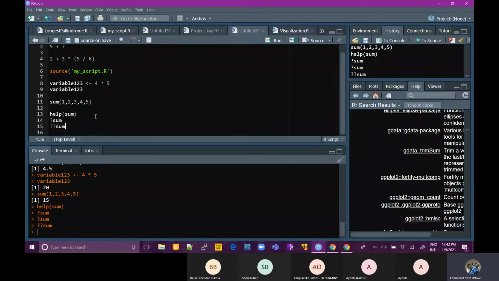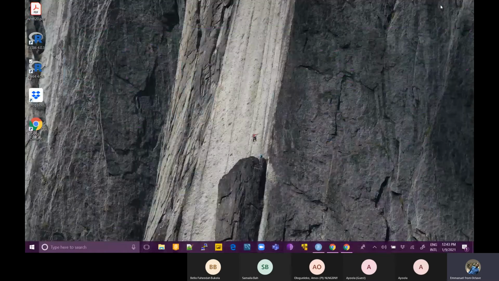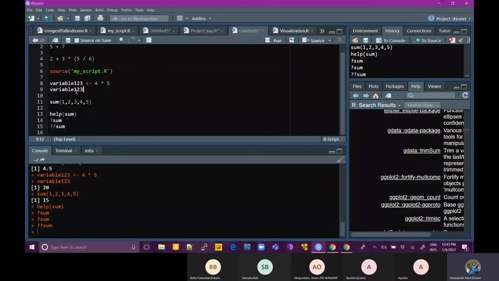So also, I think lastly, easy exploration of variables and values. How does this, where does this come up in RStudio? You can see that earlier I created a variable called variable 123 and I assigned 2 times 5 to it. If you go to this right top corner, this window in this right top corner, if you go to